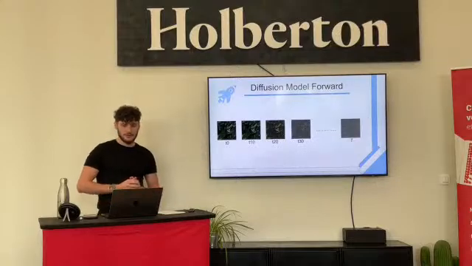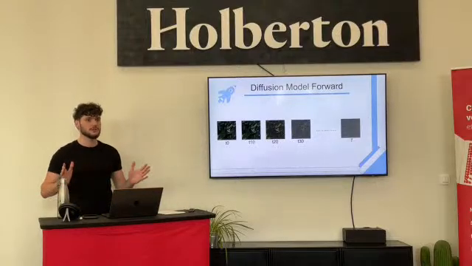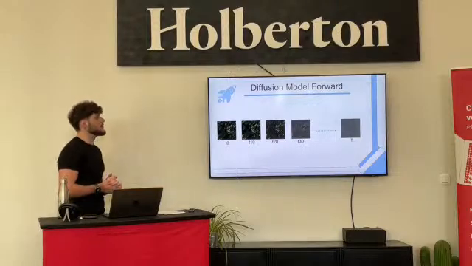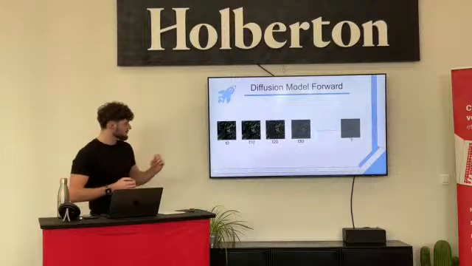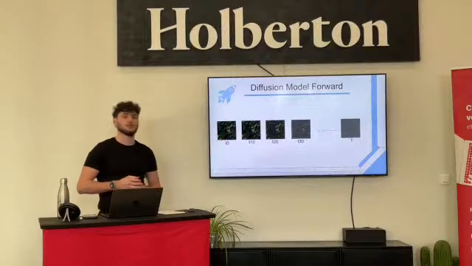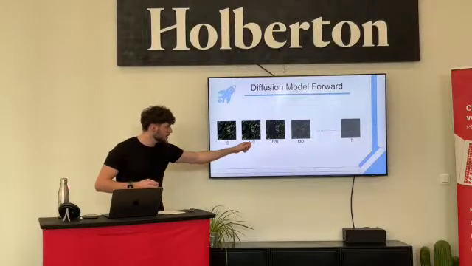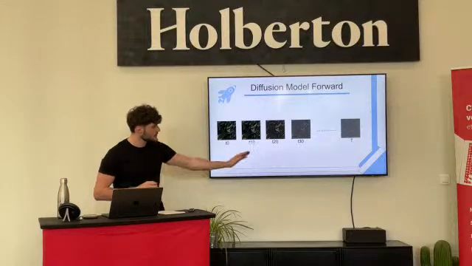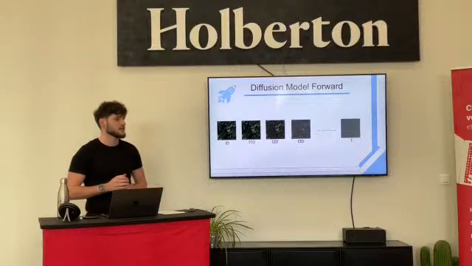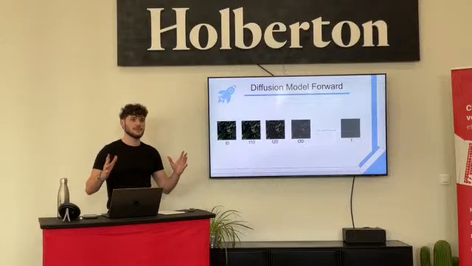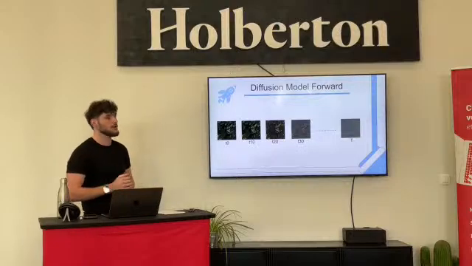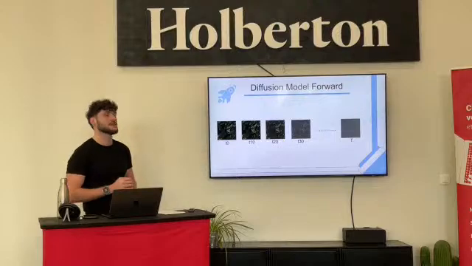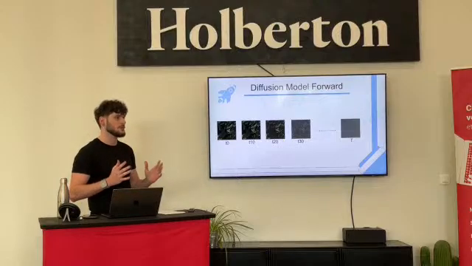So a bit of a word about the diffusion model. We won't get into the mathematical detail unless you ask after the presentation. But the idea is to take an image, an image that came from the ETL process, and at each step, add a bit of noise to the image. And so at the end, what we call big T time steps, we'll have a fully noisy image. Big T in the paper is actually 1000, so it's a lot of steps. But we ensure at the end to have a fully noisy image.